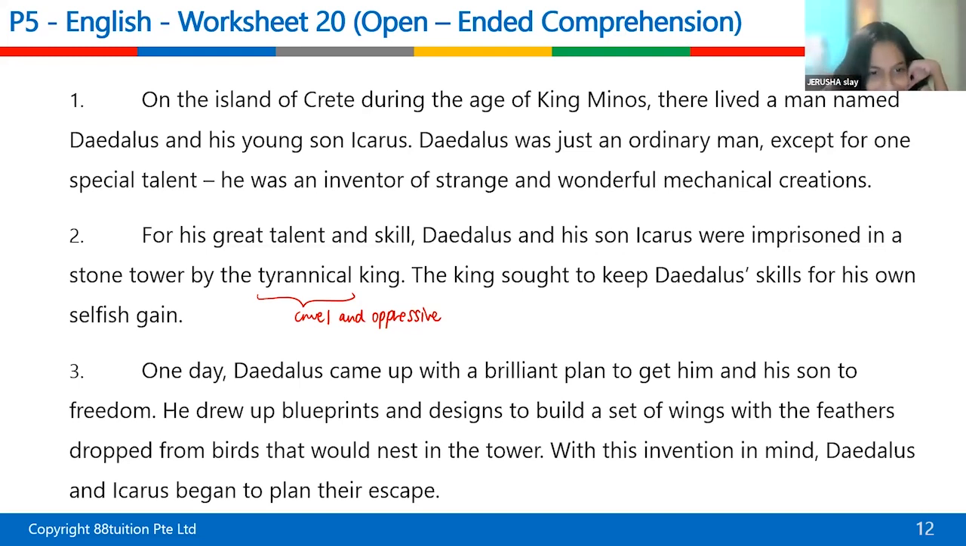One day, Daedalus came up with a brilliant plan to get him and his son to freedom. He drew up blueprints and designs to build a set of wings with the feathers dropped from the birds that would nest in the tower. With this invention in mind, Daedalus and Icarus